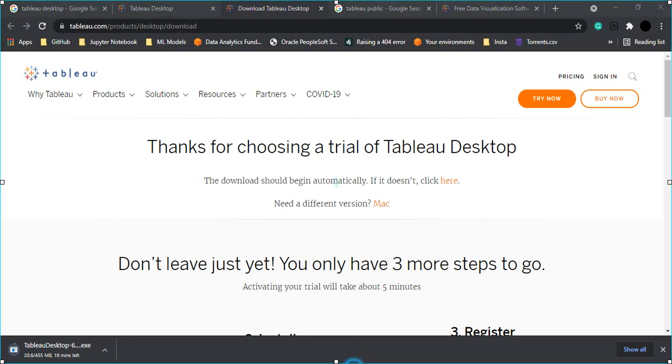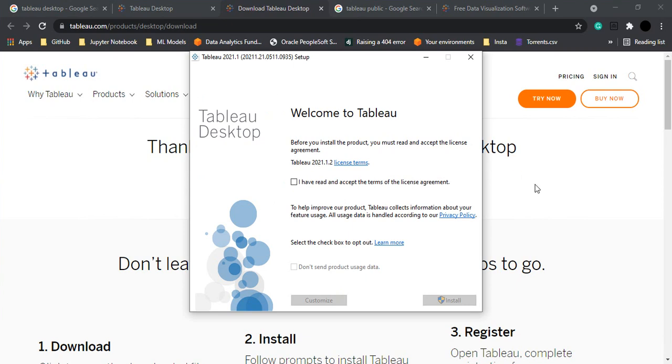Okay. So once the file has been downloaded, that is the 455 MB file, this kind of a screen would be visible. Actually, if that is not visible automatically, you gotta run the exe file that you have just downloaded. And here what you need to do is accept the license terms, and I would recommend you to check this don't send product usage data option as well for data security reasons, and then you can click on the install button.